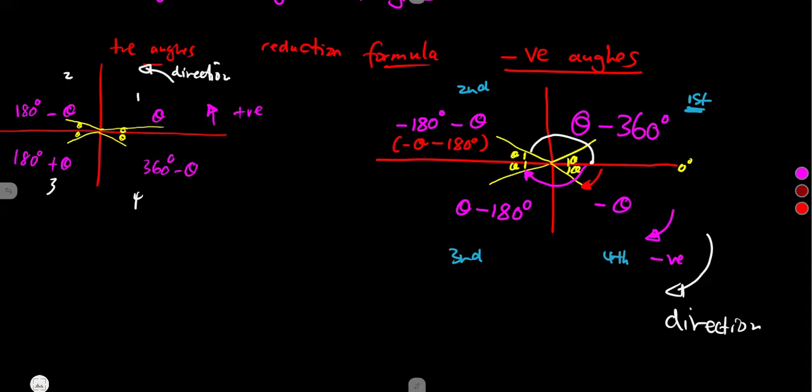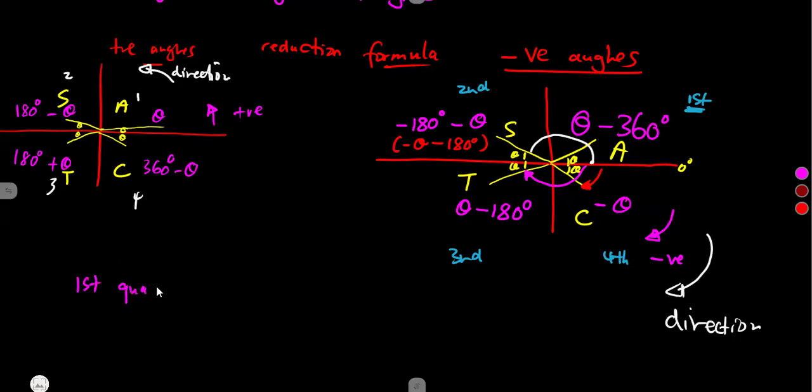So what am I trying to say here? Remember our CAST concept. This is our CAST concept. So what I am trying to say here is that if we see an angle of theta as a positive angle, as we can see in the first quadrant,